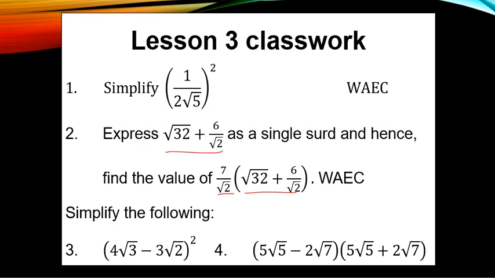You have (4 root 3 minus 3 root 2) to the power of 2. Number 4, you have (5 root 5 minus 2 root 7) and then open again, you write the same expression, but it is an addition sign you have in between the terms. Okay,